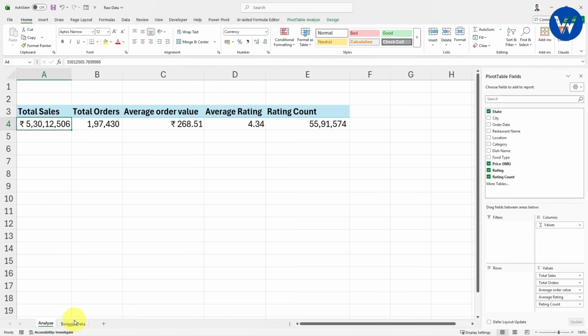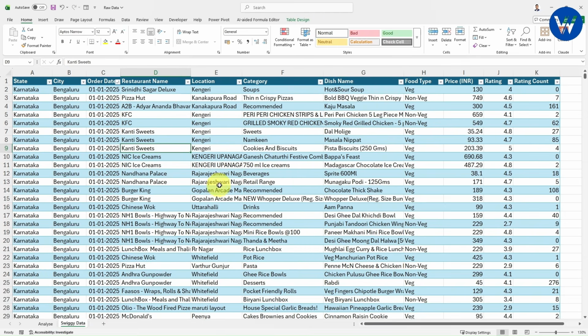So what I will do, I will go to the Swiggy data sheet. Here you can see the data set, right? Now let me tell you one important point. Inside this complete data set, these are all the columns available, but there is no column which represents the month. With the help of this order date column, we can easily find the month. Now I will insert one new column here.